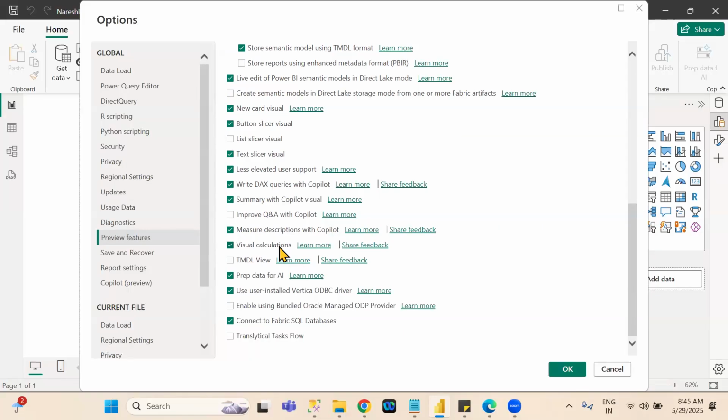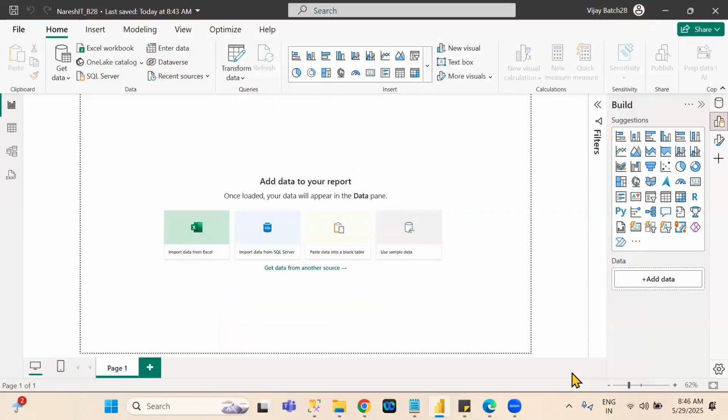Understand? Okay. Visual calculation. Just click on OK. After clicking on OK, you must restart your Power BI file, not restart your system. I'm saying restart your Power BI file. Restarting your Power BI file means just close this file